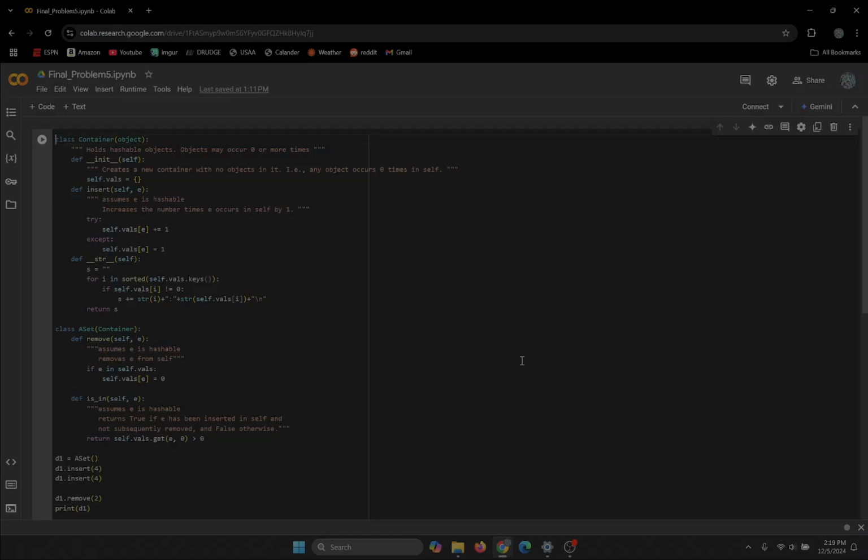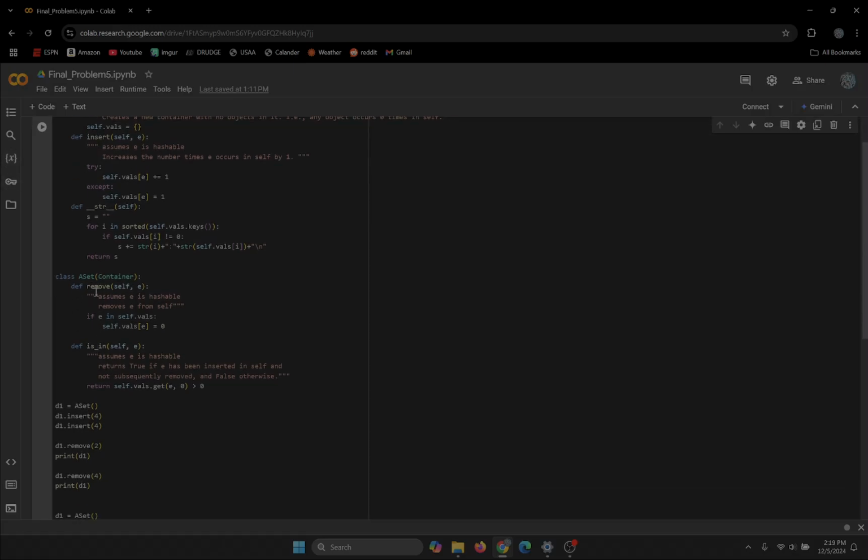So the solution to the problem involves extending the given character class to create a new class called aset that supports the required functionality for the set-like structure. The original problem asked for a class that could insert elements, remove them, and check if an element was in